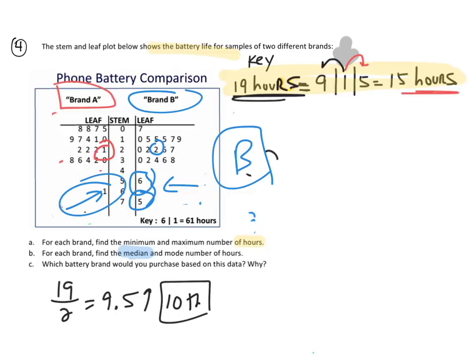Also, if you notice, battery A has 4 batteries that lasted under 10 hours, while battery B, only 1